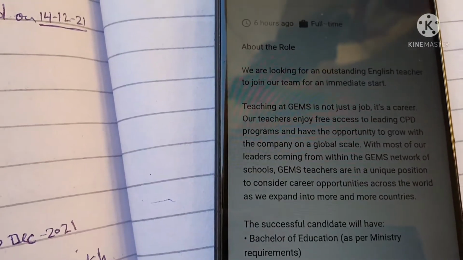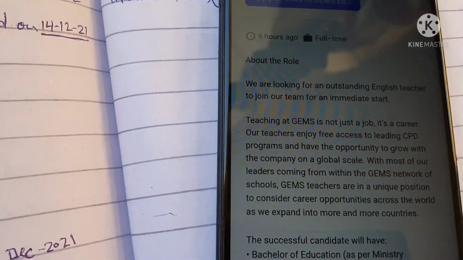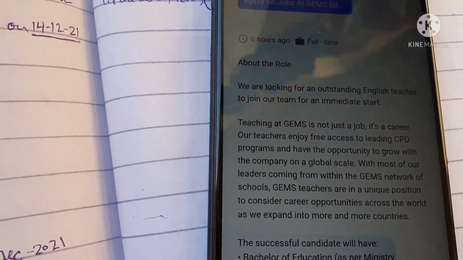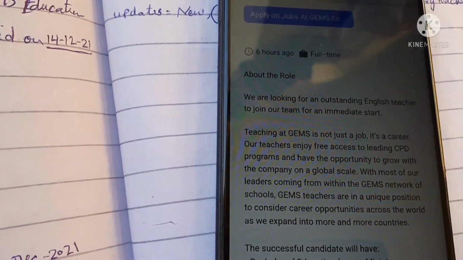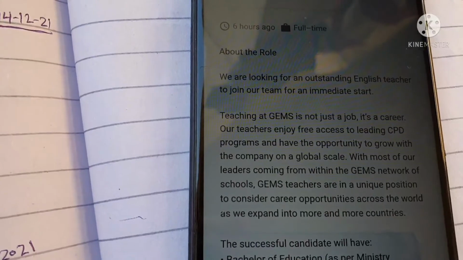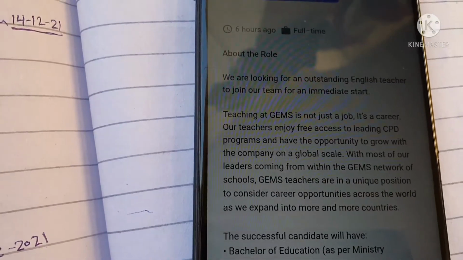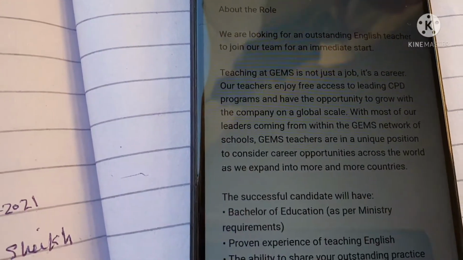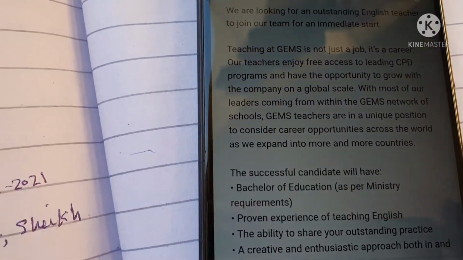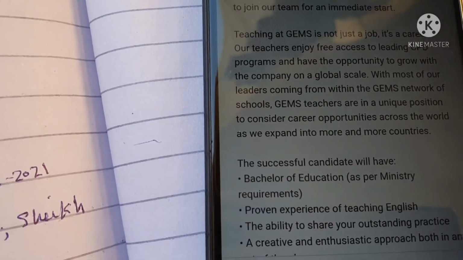Okay, because in some countries they give degrees in their own language. For example, in Pakistan, in some cases you can have degrees in Urdu, or in India you may have them in Hindi, but they accept the degree which is in English. It means the instruction medium of your degree must be English. This is one requirement. Second, proven experience of teaching English, the ability to share your outstanding practice,